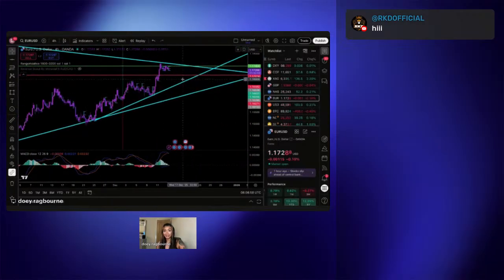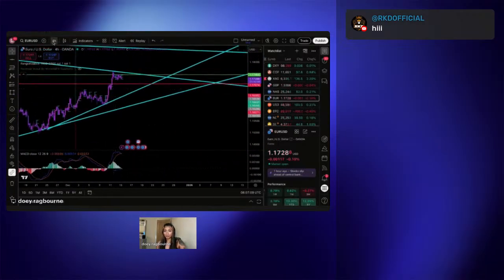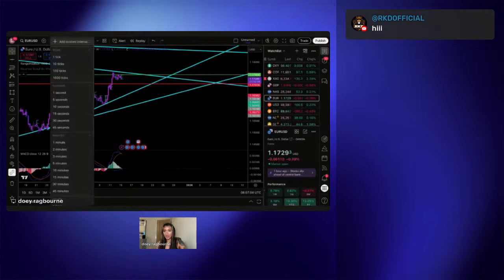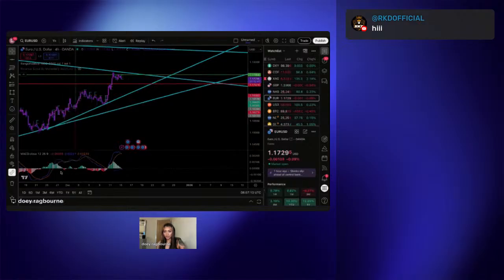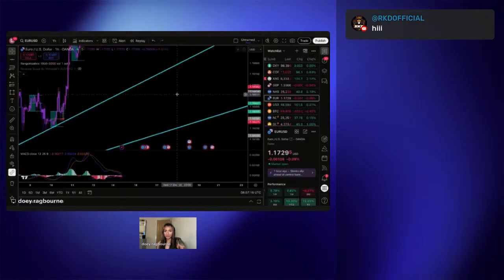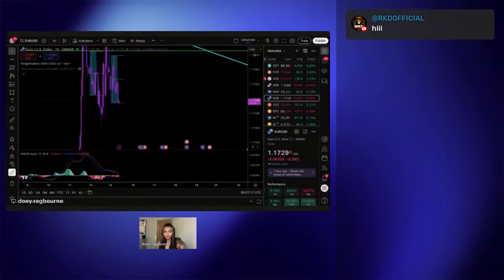It's really clean, and it looks like right now we're doing that. Like I said, I am trying to use the MACD to understand a lot more about volume. So if we have a look at what's happening on the 1 hour,